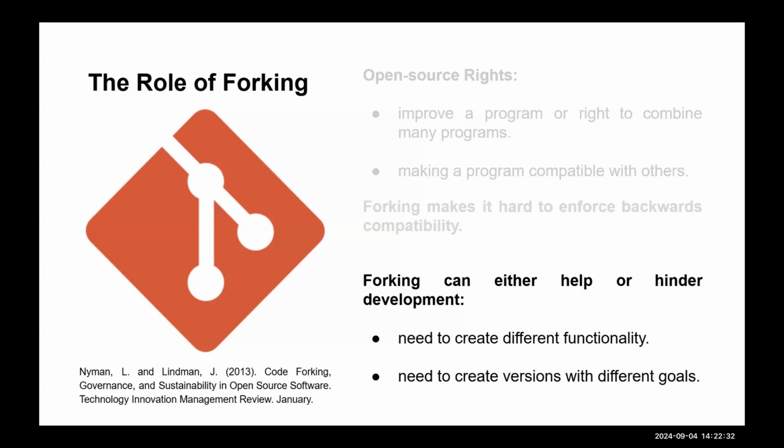So again, you can create a fork and you can have a new version of this project with different goals. Like Chromium is a general purpose web browser tool. Say I wanted to create a web browser that's highly specialized for education. I could do that by creating a fork of Chromium and then really specializing the version. And that helps me in my development of this tool, because I don't have to build everything from the ground up. I already have the template in Chromium. What I need to do is modify it.